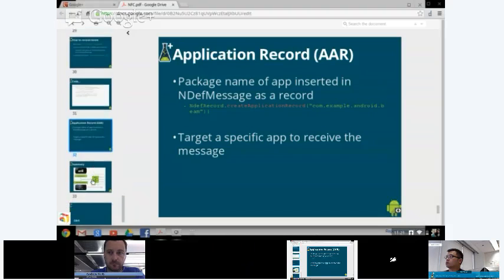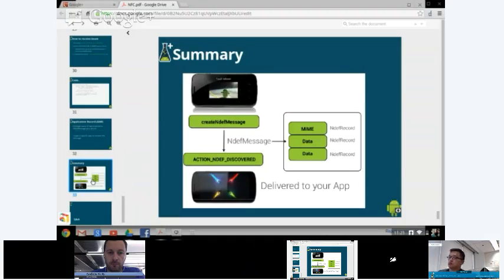So just to summarize what we saw in terms of a graphical illustration, on the top, you see a device that has the Beam foreground UI activated, which means the device is ready to beam a message. At this point, we use the create NDEF message method from the create NDEF message callback interface to create our message and send it to the system adapter, the NFC adapter.